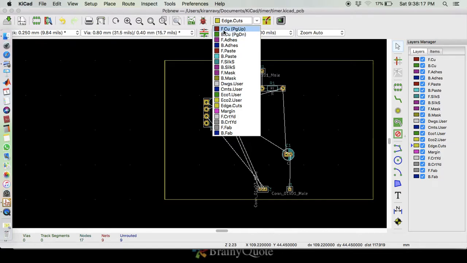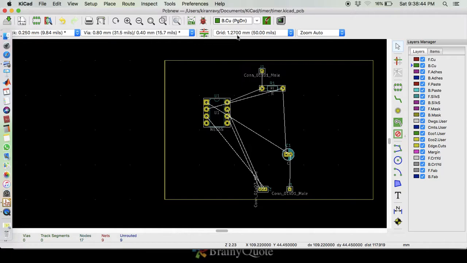Bottom copper, front copper, it's called. In motherboards or such complicated boards, you have more than two layers. In a usual motherboard, it's a 6 or 8 layer board, but you will not see the inner layers. Inner layers are embedded inside the board. Anyway, here suppose we have a single layer PCB, so we have to choose the bottom copper